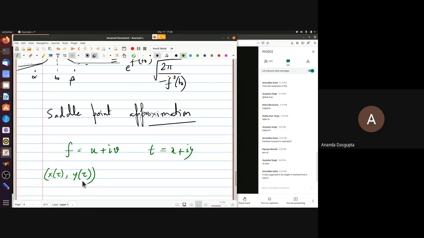So Aniruddha says it was supposed to be taught in StatMech, but it wasn't. Well, in StatMech, what would have been taught is really not the saddle point approximation so much, not the complex version, which is what we will need, but the steepest descent approximation. StatMech actually needs that more, but the two are very closely related. Okay, so